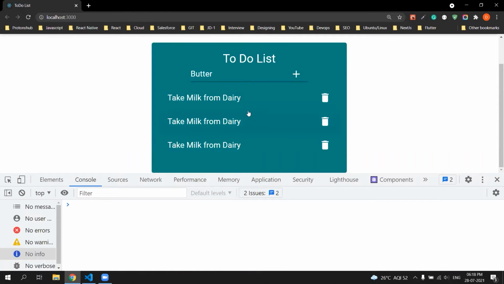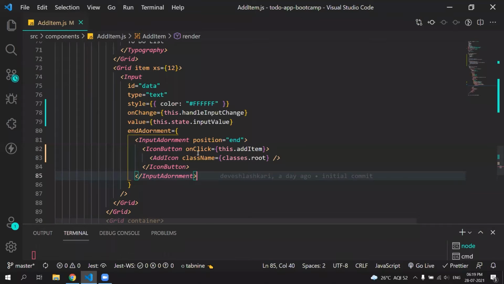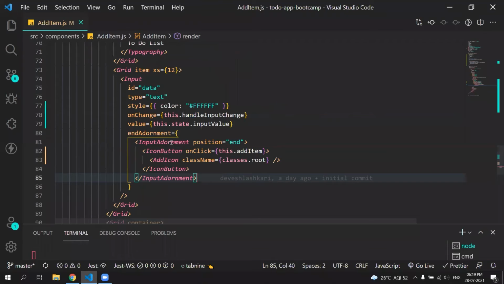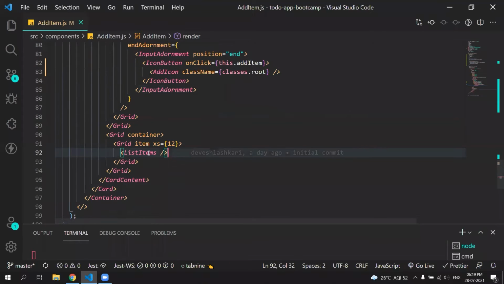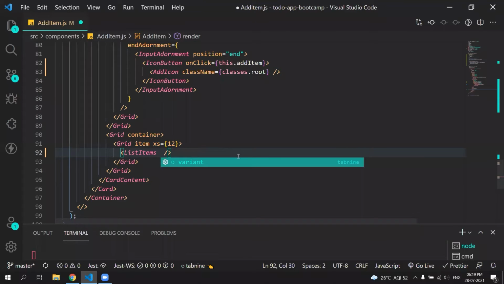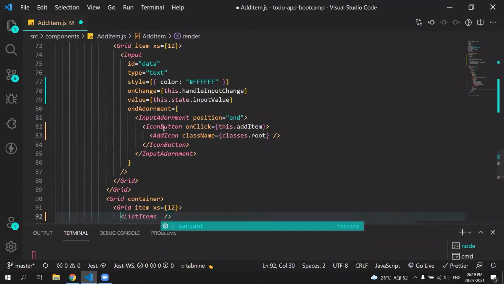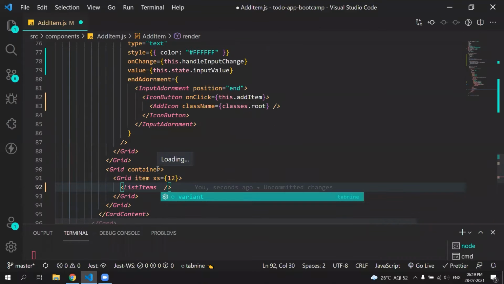After that, whatever we write here, we need to show it here. As soon as we click on this plus button, it should be visible in our list. So how can we do that? As our list is another component, we can pass our items array as a prop and do something with it in our other component, which is called list items.